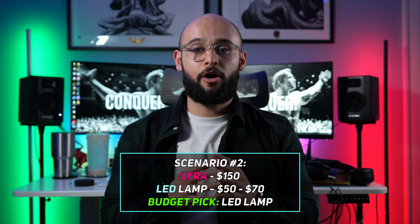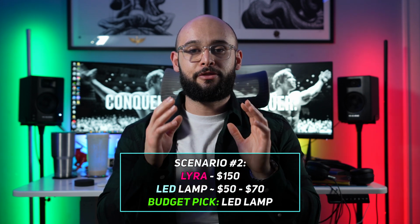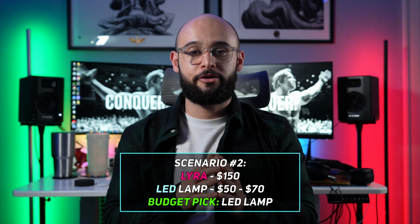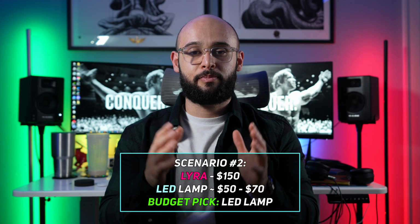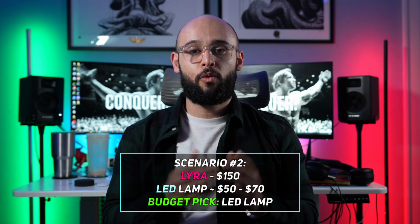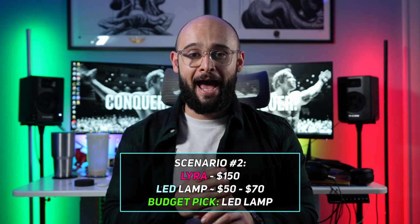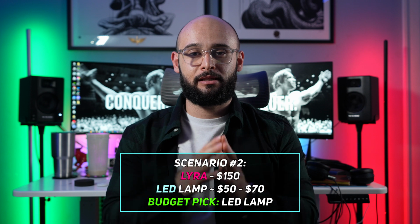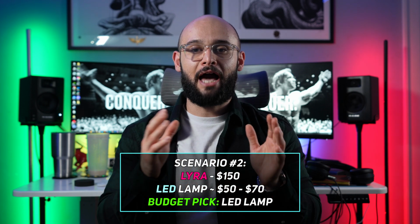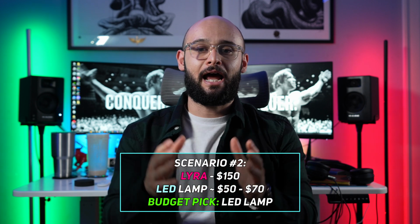The second scenario is if the Lyra Pro lamp is priced at $150 and the regular LED lamp is priced at $60 to $70. In this instance, I think it depends what you're looking for. If you're just looking for an affordable RGB light with Alexa and Google Home capability, as well as an app that goes along with it to customize the lamp, and you don't really care for the control features and you just need something simple, I think saving the $100 is definitely worth it in this scenario,